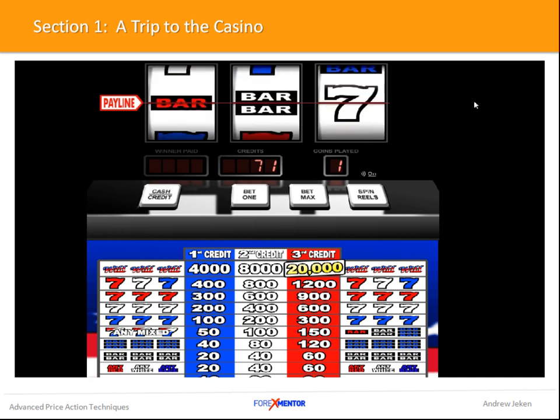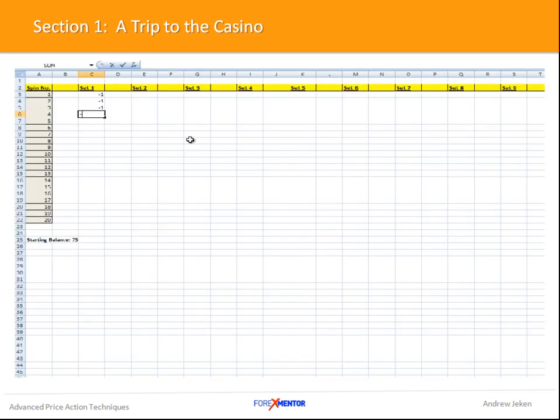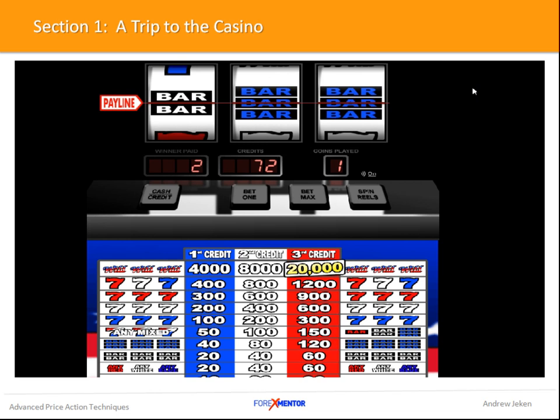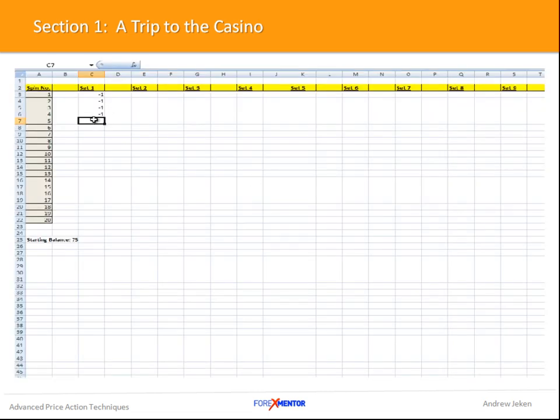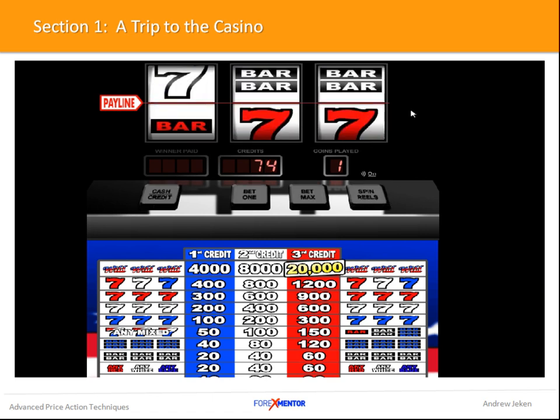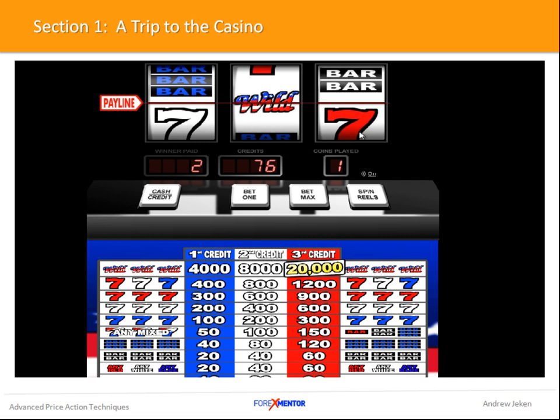and you can see the 4th spin comes up, and once again we have another loss. So we have 4 spins, 4 losses. We'll continue this exercise. Alright, we've now hit trade or spin 5, and you can see we've actually just been paid $5. So what we're going to do is just put a 5 into that, so you can see how we're tracking our progress. As I said, there's really no difference from what I'm doing here, except we're in a controlled environment. We're betting $1. In this case, we've won $2.